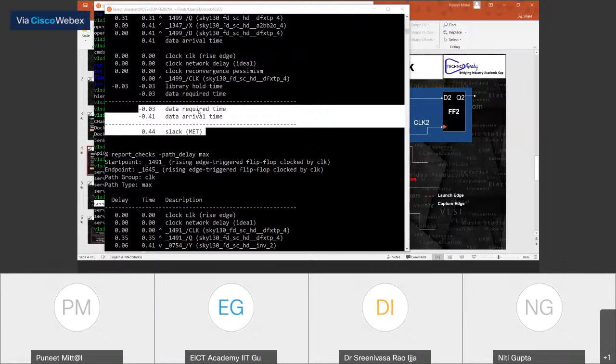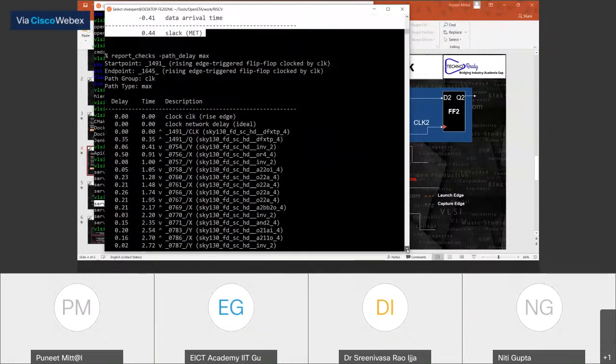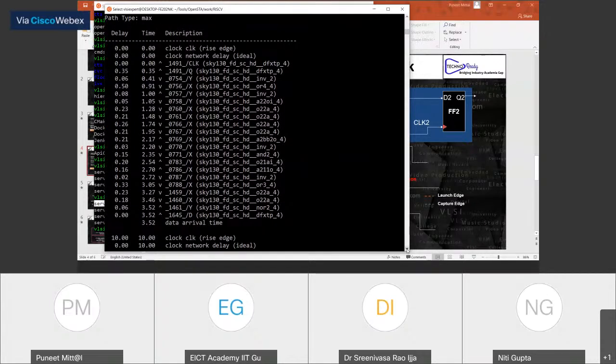So Naveen and other people, don't ask questions like what is the input activity factor. Now, what is this input activity factor? You're not talking about anything right now as an input activity factor. Where is it written, input activity factor, in this report? Is it written somewhere?